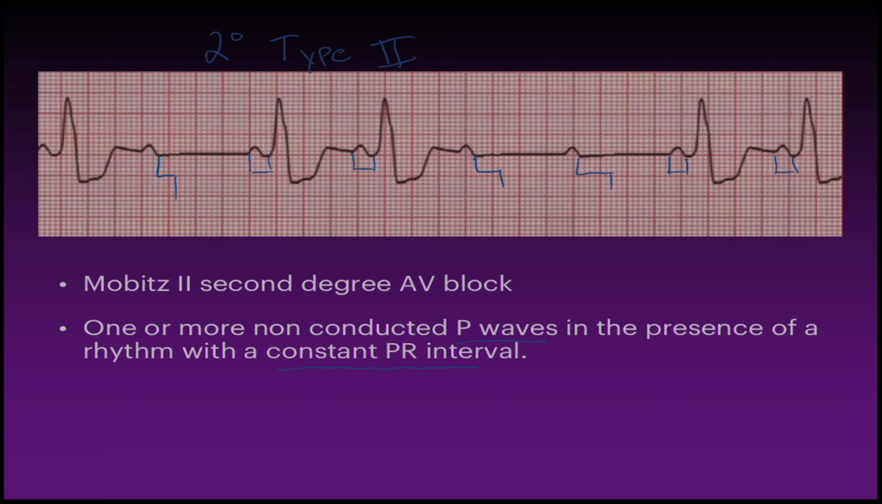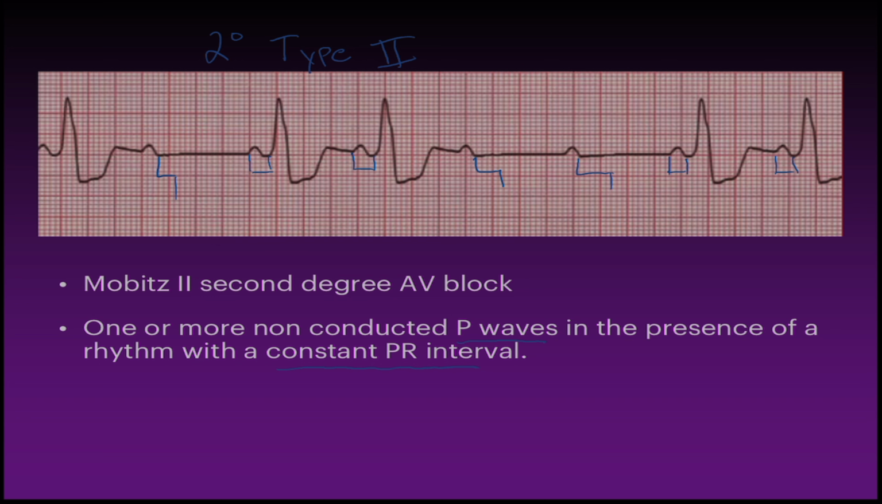Now this type of AV block most often occurs in the bundle branches. So as the impulse leaves the AV node, it gets blocked before it can make its way out of the bundle of His and down both the right and left bundle branches to depolarize the ventricles, which is why you see in some cases a wide QRS complex with a second degree type 2, because there's a pre-existing block somewhere